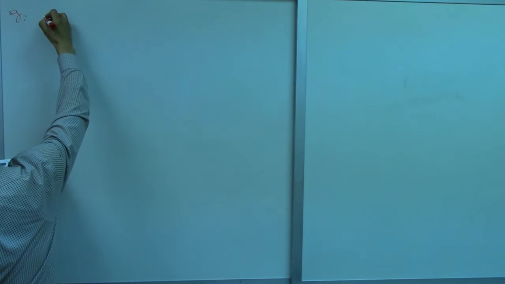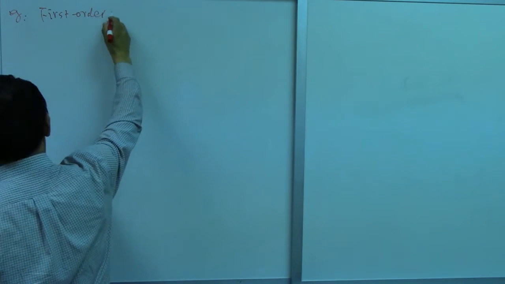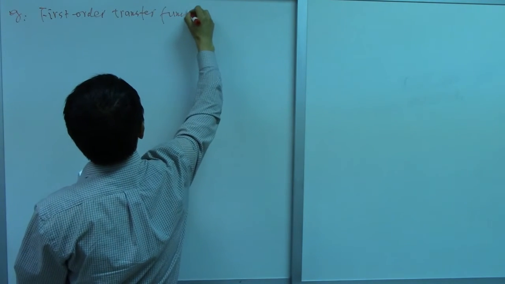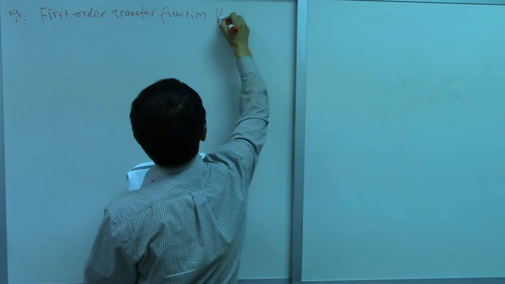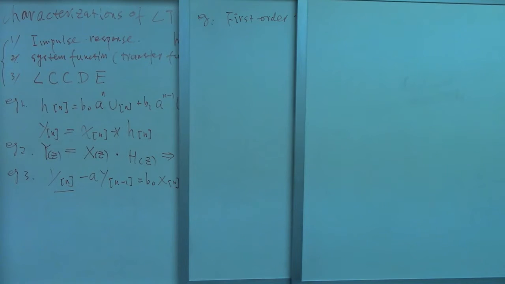Okay, next we are going to use an example to show how to analyze the system. The first one is first order transfer function representation. First order transfer function representation. For first order transfer function, if we look at the